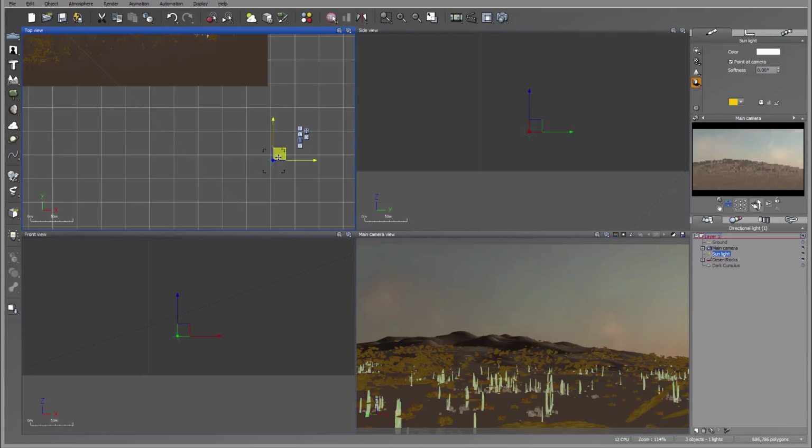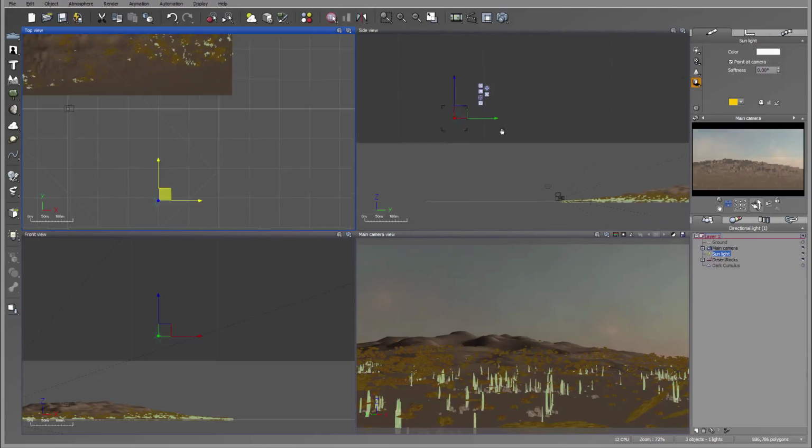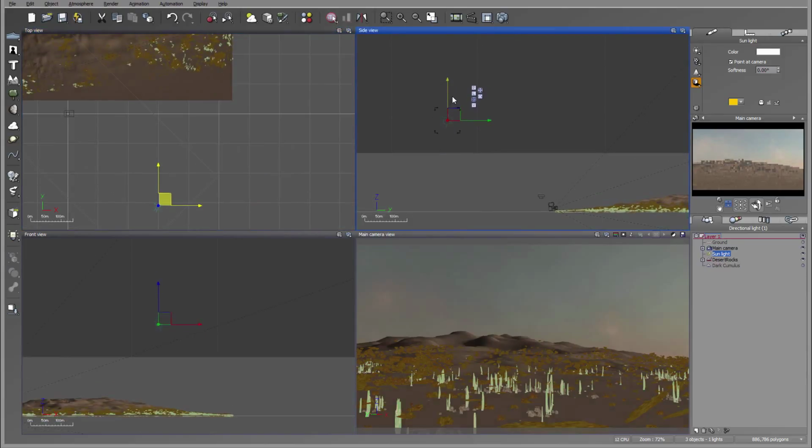So right here we have our sun. I'm moving this just slightly this way, so we'll have shadows going a little bit away this way. Okay, we also take our sun, bring it a little bit up. Okay, let's make the shadows shorter and a little bit less